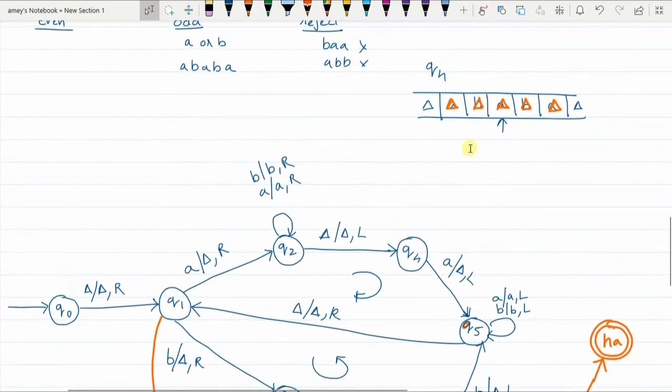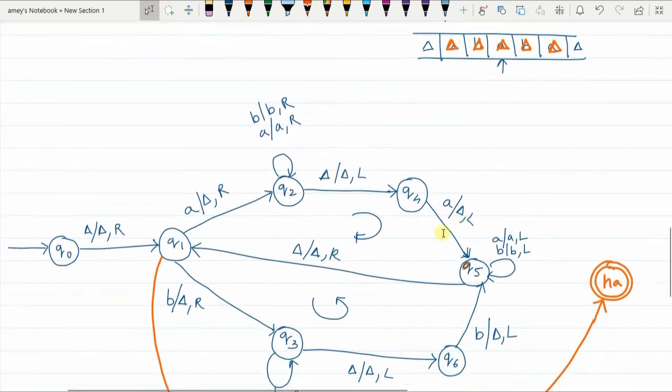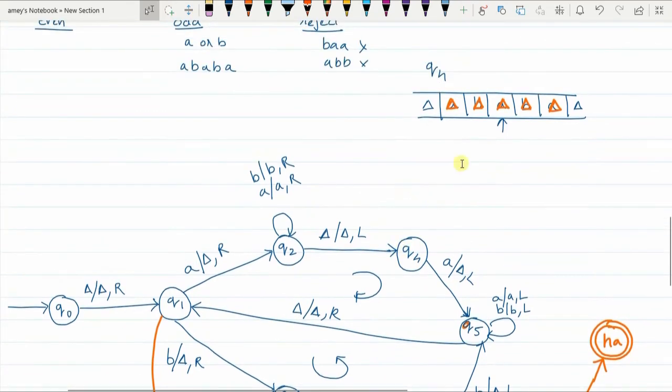So now what has happened? The entire string is blank. So when you are in Q4, if the current element is delta, what does it mean? It means that so far whatever pairs were there, they have cancelled, and that one middle odd man out element, which you just converted to delta, has no matching second element in the pair.